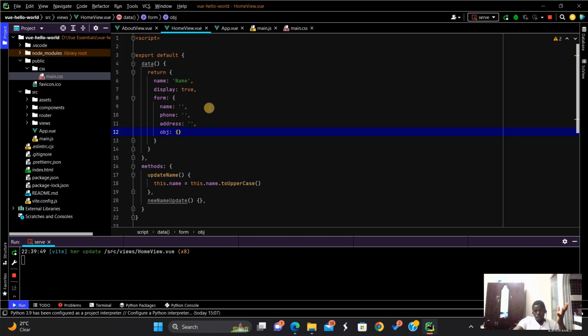In template syntax, we saw that you can include a JavaScript expression that evaluates to a value inside your data binding, normally in text interpolation. But now it becomes quite challenging if your expression is so big,